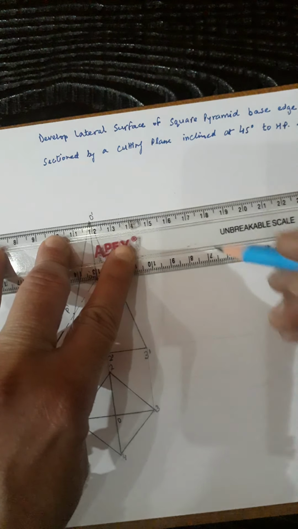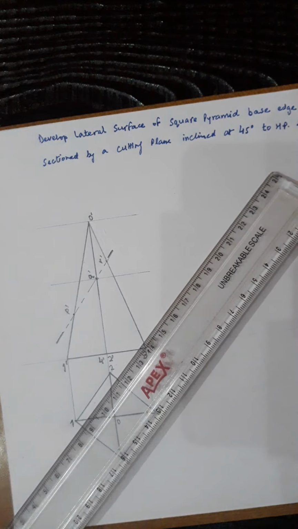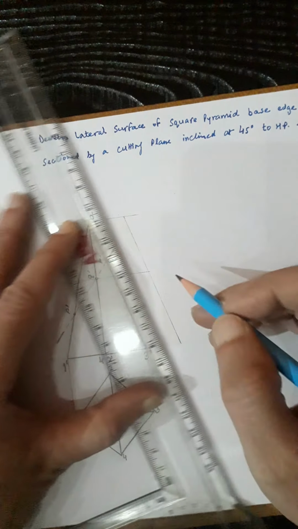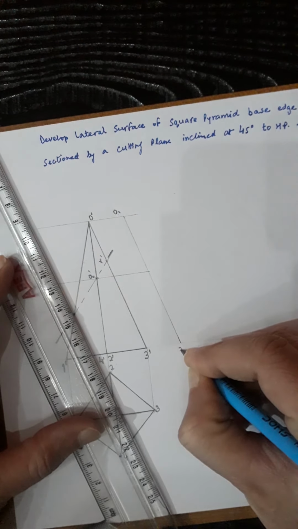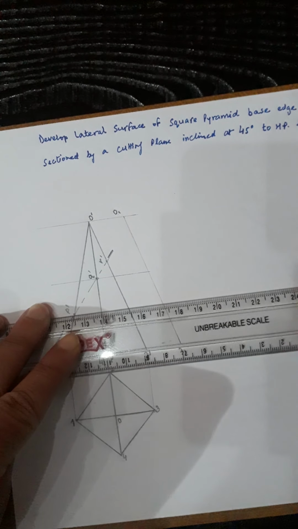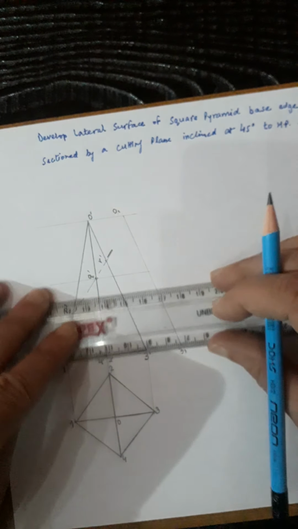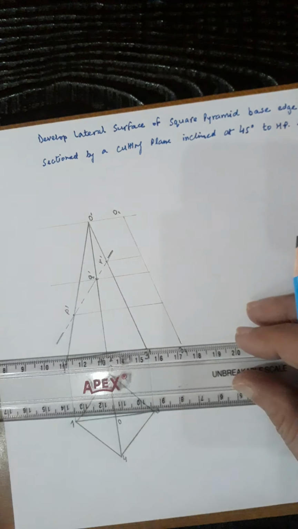Now I will be using the radial line method. You can draw the horizontal through this apex O. Now you can draw a parallel line to this slant length O3. You can name it as O1 and 3, 1. Now you can draw the horizontals through these points P dash, Q dash and R dash. P dash, Q dash is already there. Then R dash I will be drawing horizontal up to the slant O1, 3, 1. Now with O1 as center and O3, 1 as radius, you draw a suitable length arc.